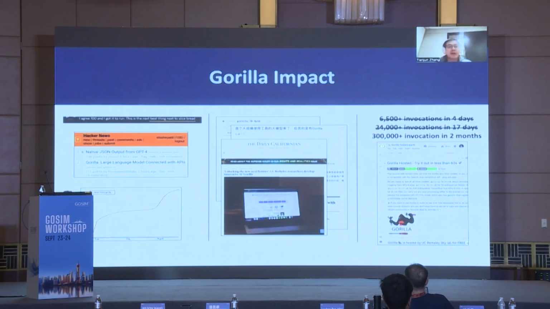And lastly, I want to talk about how Gorilla has been covered by the news and also some of the impact we're making. On the left side, we have Hacker News, where we have been on the top one or top two twice. One is when we released the first paper, and another is when we released the Gorilla Sierra interface.